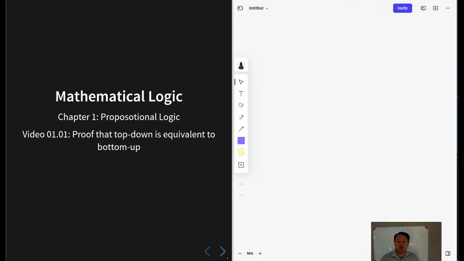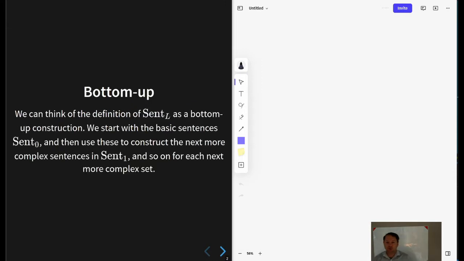Here we're going to characterize the set of sentences, as we have constructed it in the previous video, as a kind of bottom-up construction. We're going to see that there's also a top-down construction. And then we're going to claim and prove that the two constructions get you the same set of sentences. Just to sort of explain this characterization,